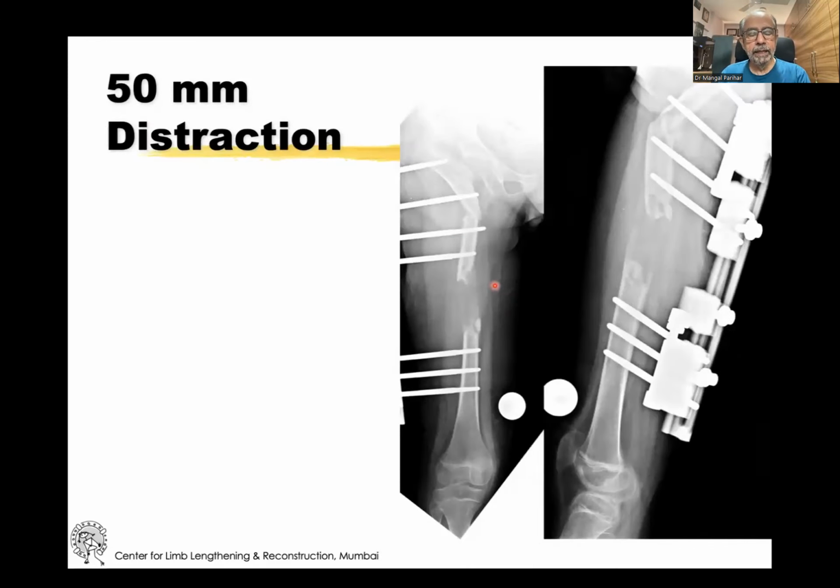And position after around 10 days. Normally we start distraction in 7 days. Here we've done an acute correction of the angulation. Therefore, I will give it a little more time for it to settle down before I start distracting. The other thing is, look at where I've done this osteotomy. I've done it as proximal as I can because I want to have less tethering of the soft tissues on the distal portion.